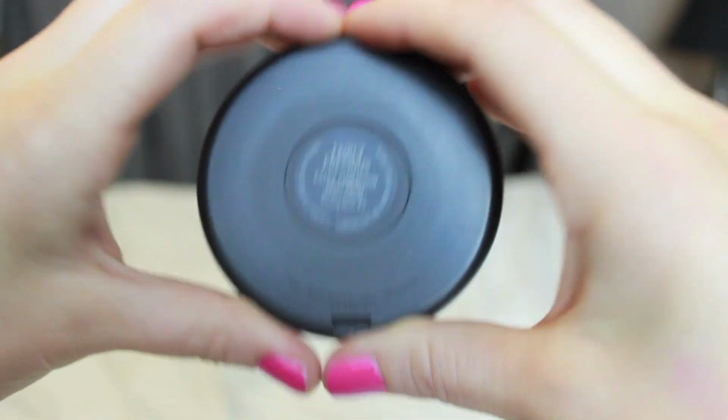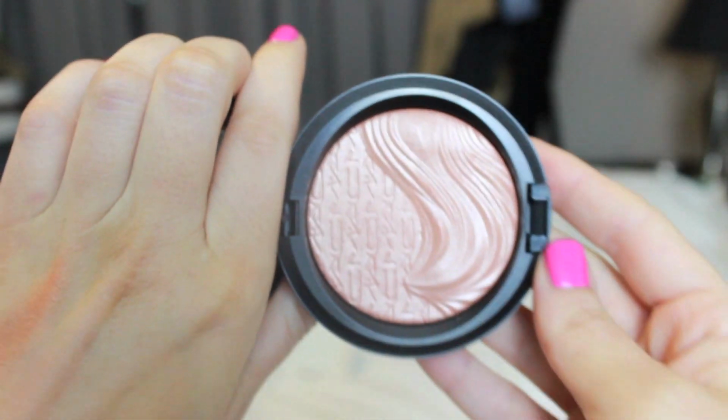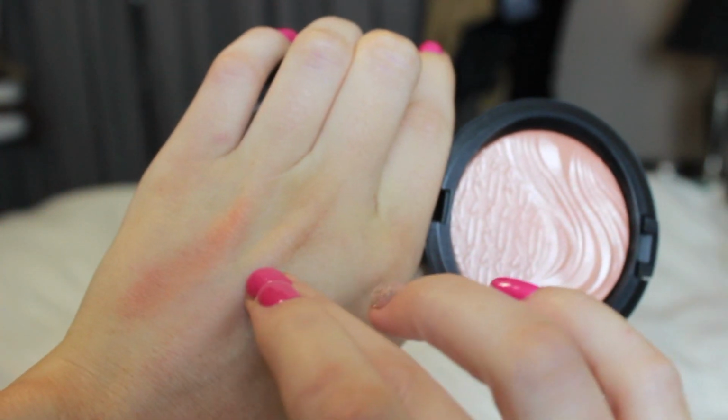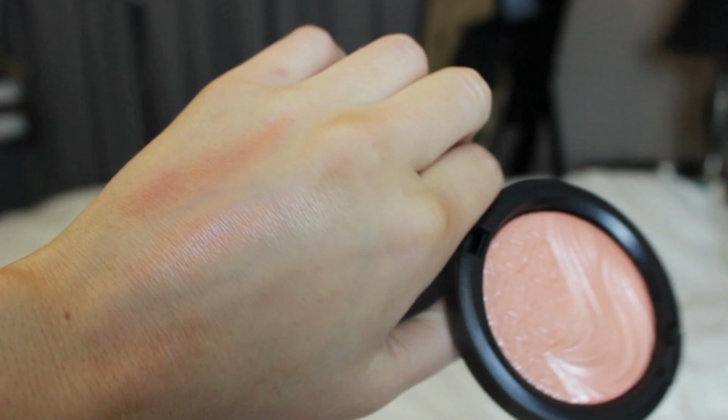So I got 2. And this is the Extra Dimension Skin Finish in Fairly Precious. I already took it out, so I don't even know why I'm showing you that. But here it is right here. It's kind of a little bit more light, pale, pinky peach. It's very much a peachy, light, pale pink color. So this looks like that, and I just think that this is so pretty because, again, unlike anything that I